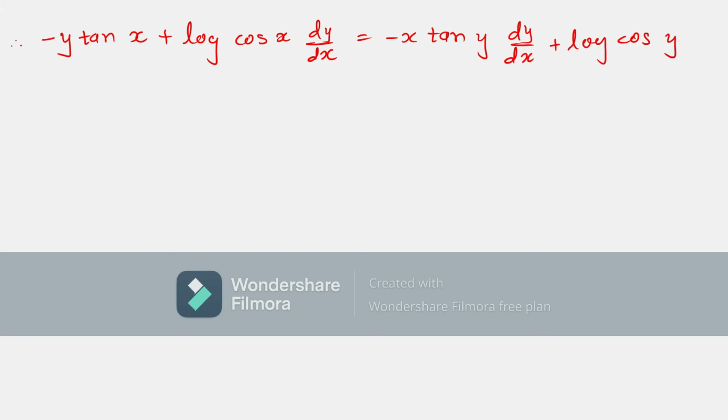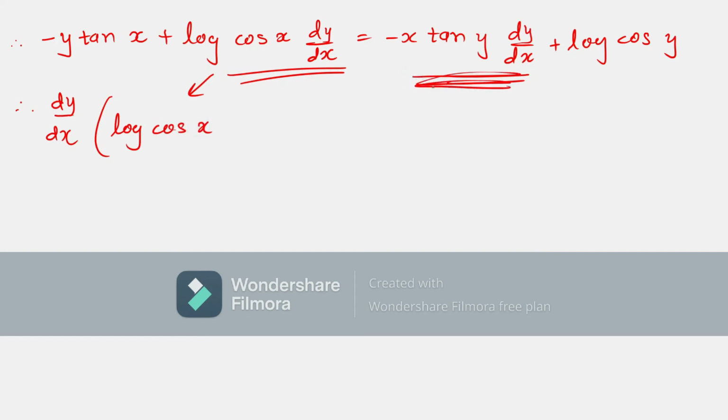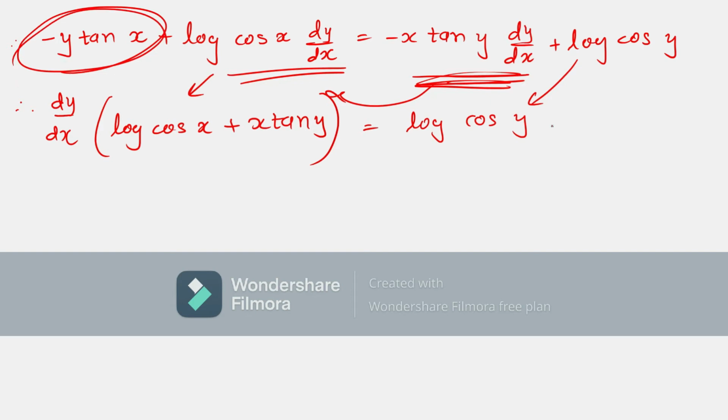I can see two terms of dy by dx in the full equal sign. So I'll take dy by dx terms at left hand side and other terms on the right hand side. Let us take dy by dx common at left hand side. Log x part is positive, so let me write that part first, and this part on the right hand side will be positive, so plus x 10y, and we have taken dy by dx common from them, and log cos y is still there as it is, and this left term goes that side and it will be plus y 10x.